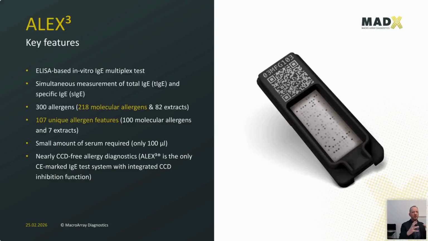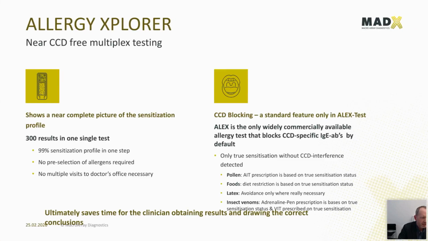So the key question is, how do these features that are present on the ALEX3 actually translate to benefits for the clinician and for the physician? And we'll go into this in the coming slides. So, as I said, ALEX3 provides you 300 results in one single test, which provides an almost complete picture of the patient's sensitization profile. So there's no need to pre-select any allergens based on the anamnesis or recollection from the patient. And also there's no need for multiple visits to the doctor. You have one test, you get all your results in one single step, and you can move forward with that